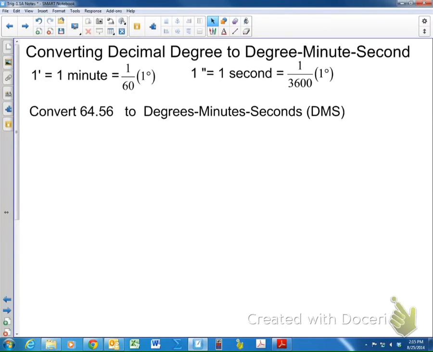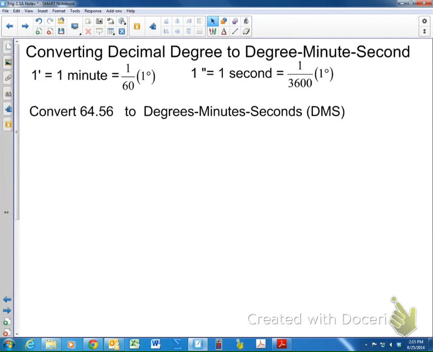This video is a continuation of 1.1b. We needed to talk about converting decimal degrees to degrees, minutes, seconds, and I forgot to put that example in. Before you start watching this, you might want to pause, if you have not already, and go to the link